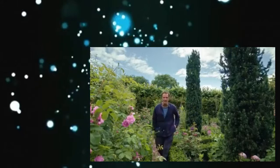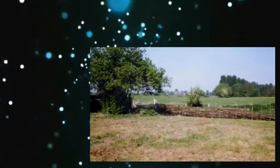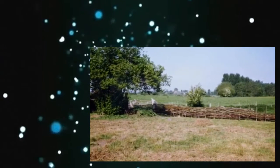Well, I was lucky enough to visit Stavardale in early autumn, and it looked fantastic, and it's lovely to see it again in midsummer. A really special garden. Now, Stavardale has a fabulous structure, not least from the building and the grounds. When we came here to Longmeadow, there was nothing. It was just a bare field,